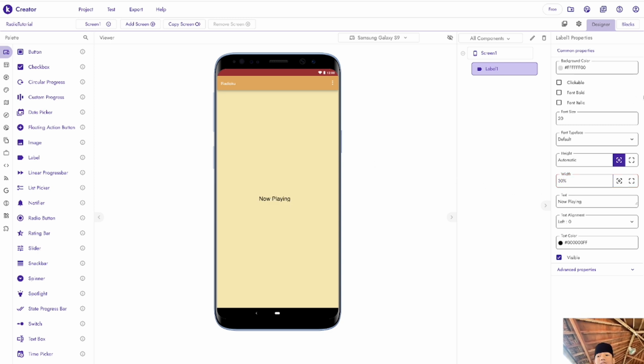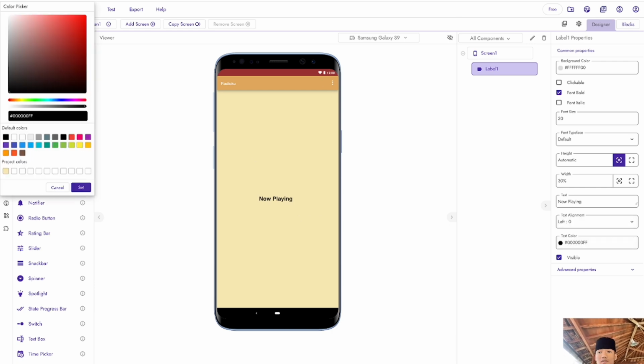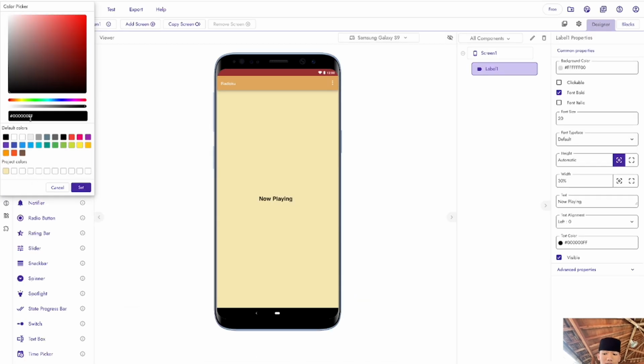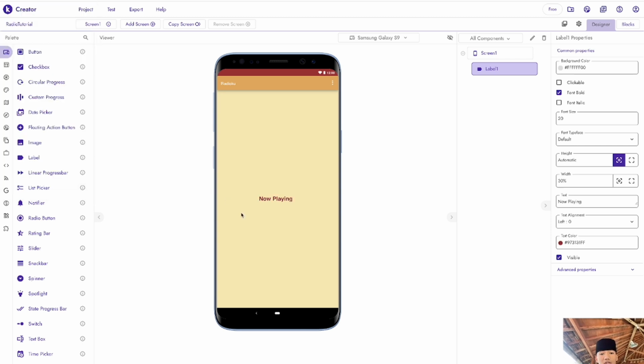Now, good. So we're going to make it bold. Next, for Now Playing, we're going to put the text color. As you can see here, the best one is the dark color, the dark theme. Then put the fill here, Command V. Now we have this red text.